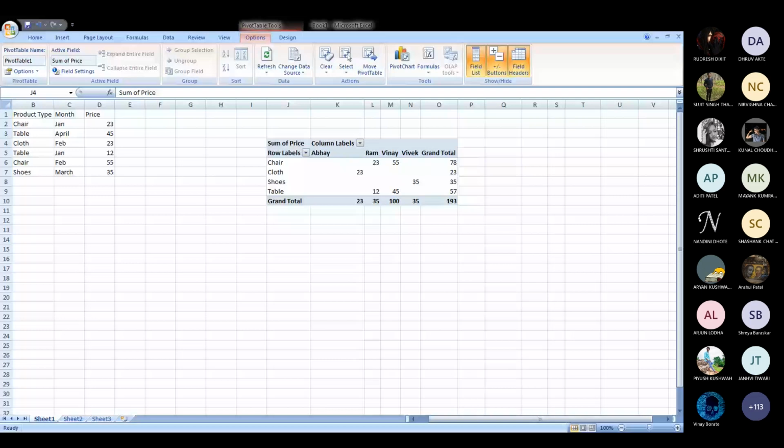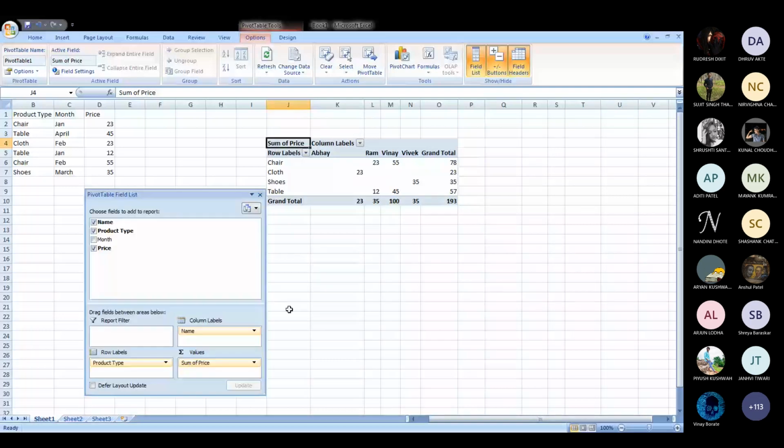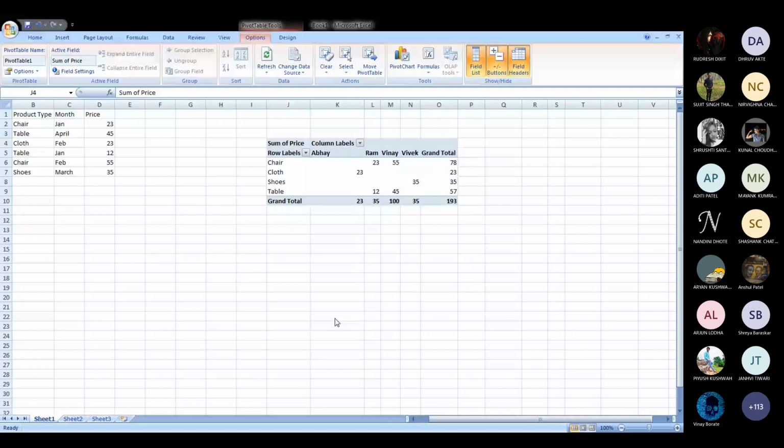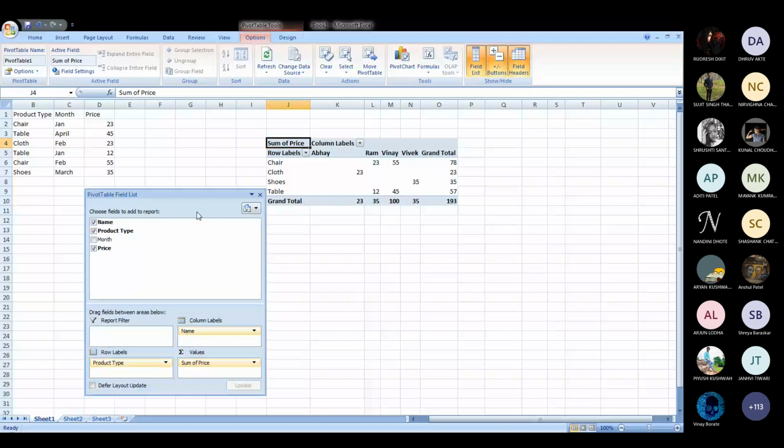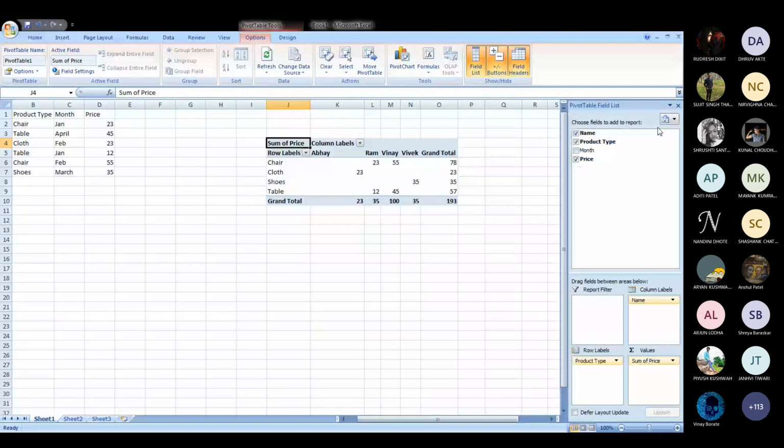So in a pivot table we can add different fields, we can add different field headers, we can refresh the data, and if we want to, we can move it and put it in the side panel of our Excel sheet.